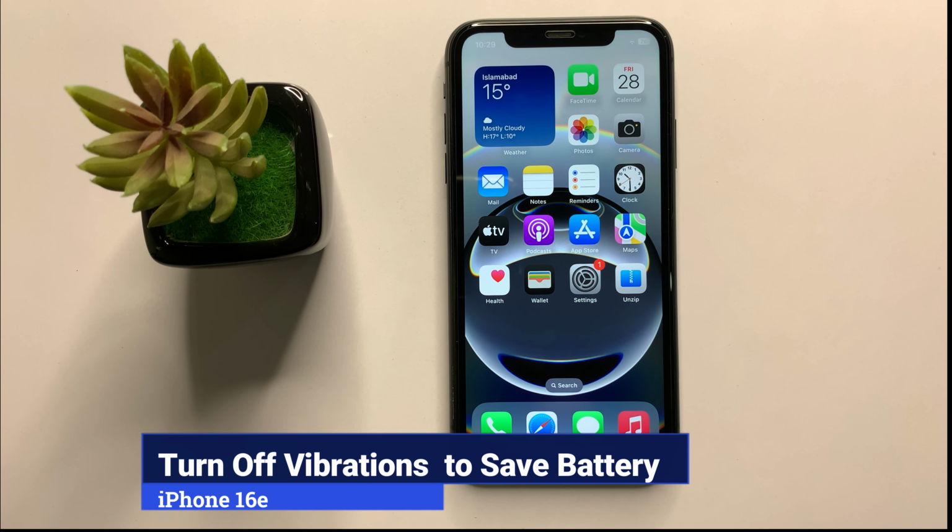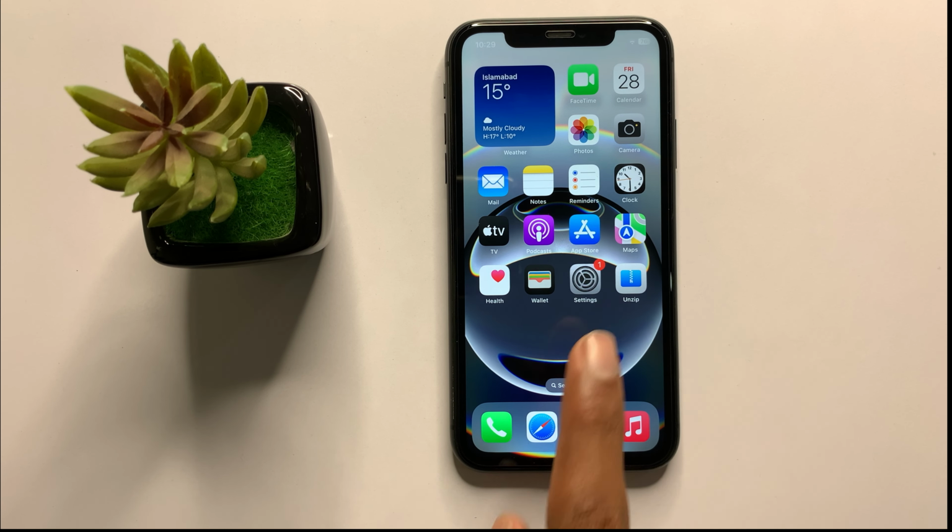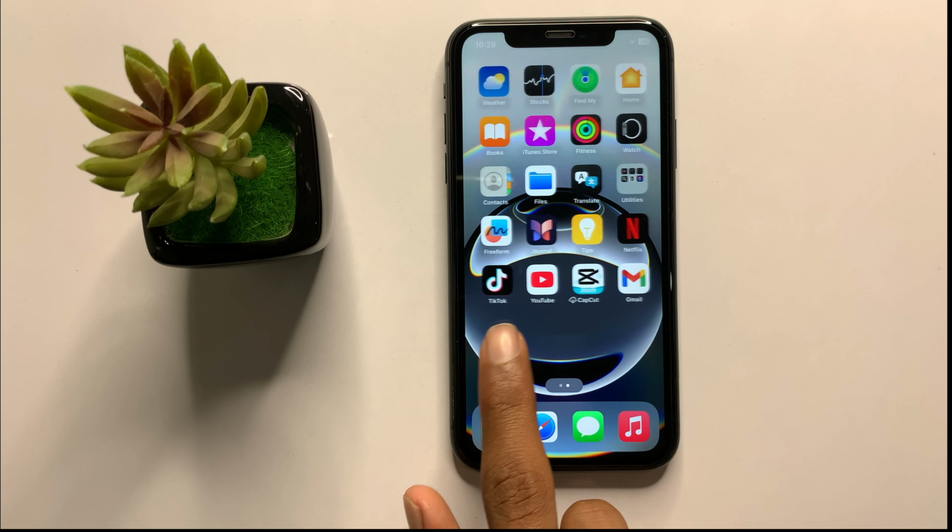How to turn off vibrations in iPhone 16e. So let's start the video. First of all,